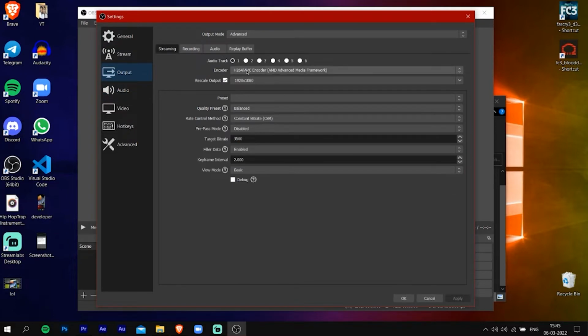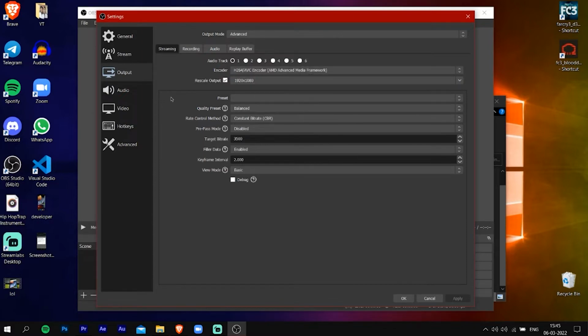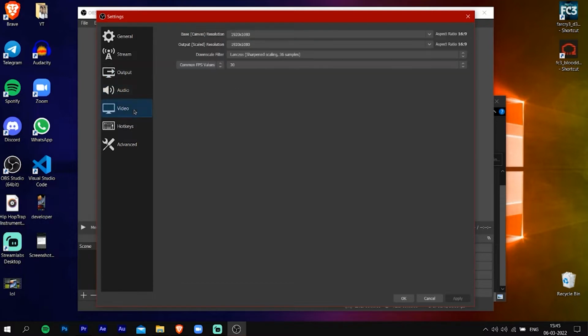Now I am using a low-end system, so I'll be using this setting over here. H264 is using the CPU and HD604 is using the graphics card, so I prefer using the graphics card. And you want to go to the video part and keep this as 1920 by 1080 HD. Now if you have a slow computer, you can also make it 1280 by 720p and keep it at Lanczos